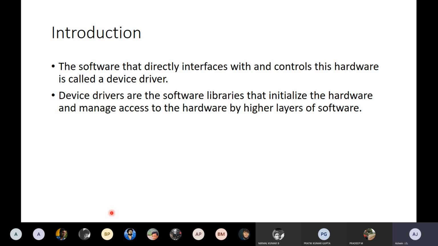So in order to control the hardware, suppose you are installing a USB. USB also has a device driver. If you go to the properties and hardware, it will show what hardware is connected in your computer. For example, the processor is hardware, the hard disk is hardware, the memory, the RAM is hardware, and the peripheral devices, like when you are connecting the internet, RJ45.